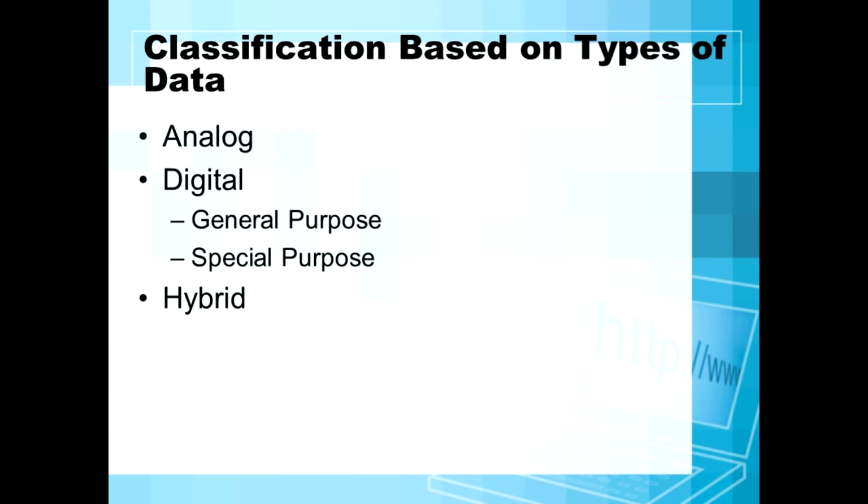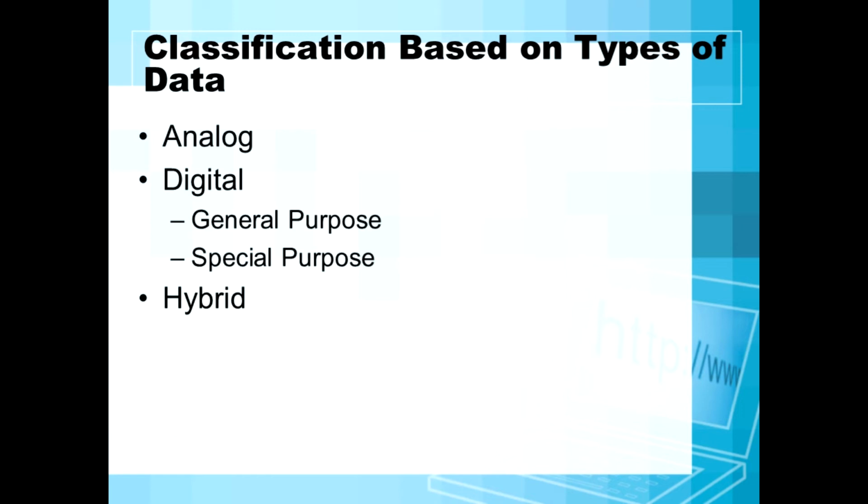Now you see, whatever computer we are using is general purpose. You can do painting, you can play games, you can watch movies, you can create documents, you can use it for all kinds of work. But special purpose means you can use that computer for only one purpose. That is called a special purpose computer. Next one is hybrid computers.